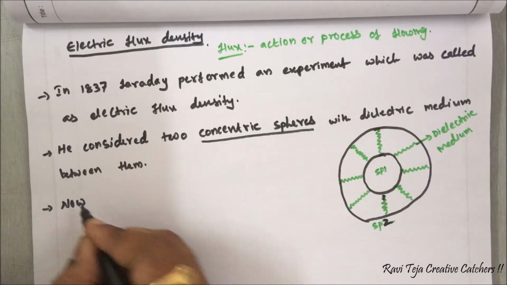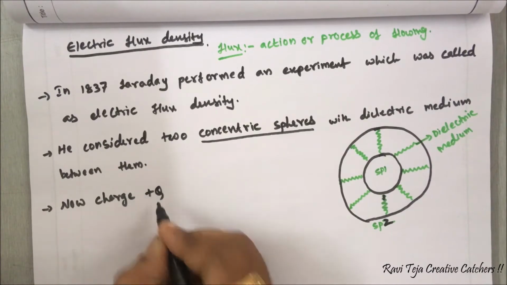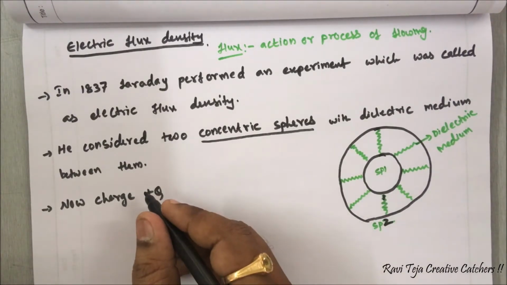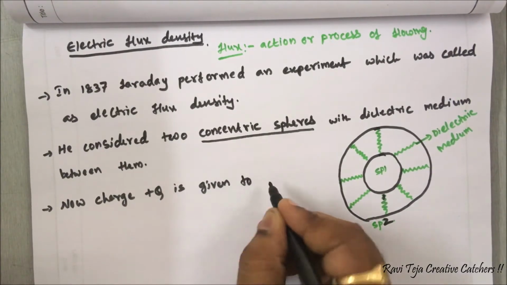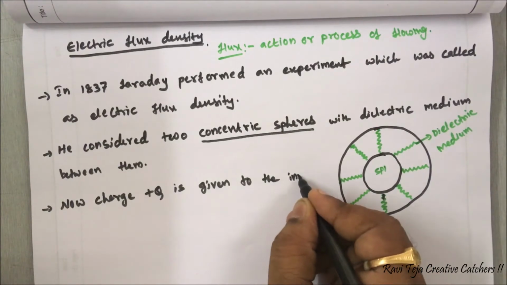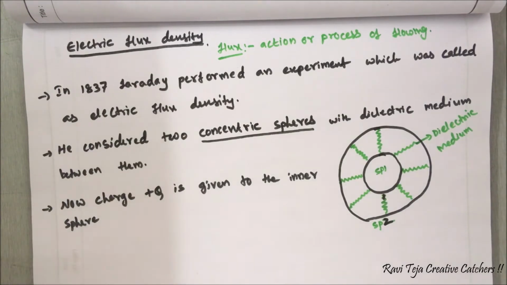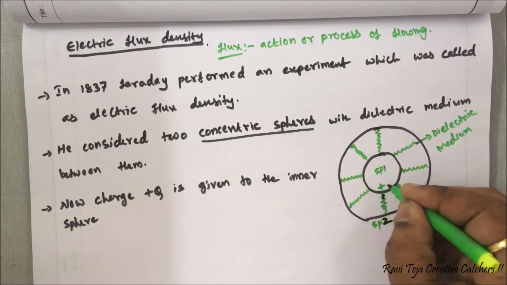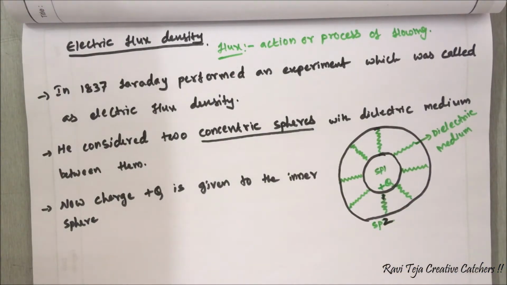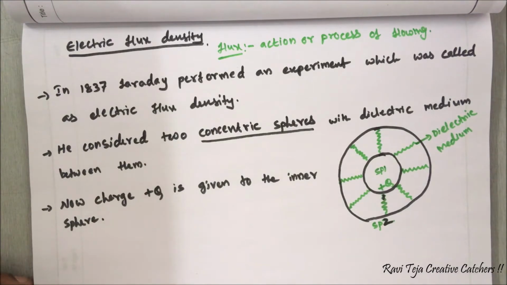Now a charge plus Q is given to the inner sphere. So this is the inner sphere. A charge plus Q is given to the inner sphere. Now, after some time what we have observed is,